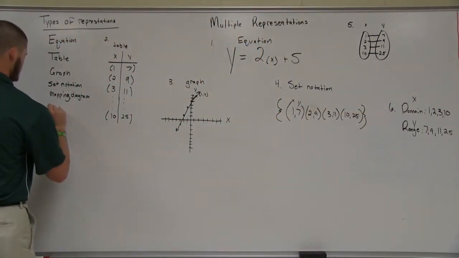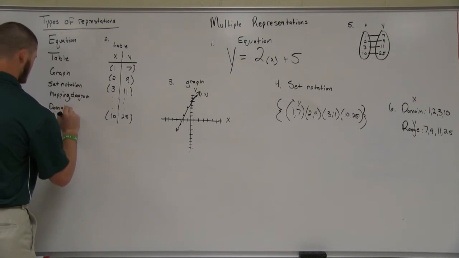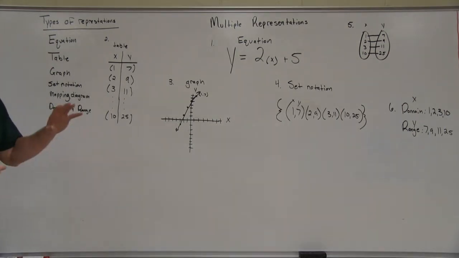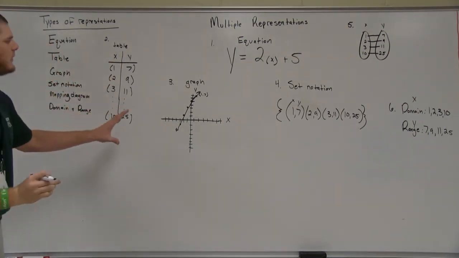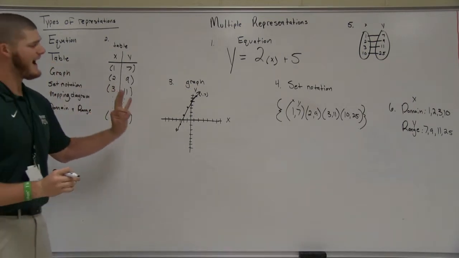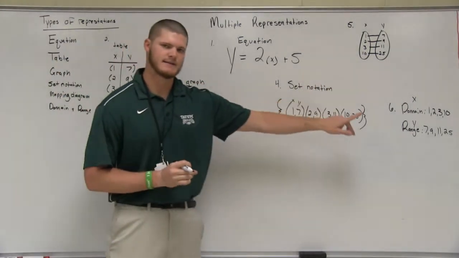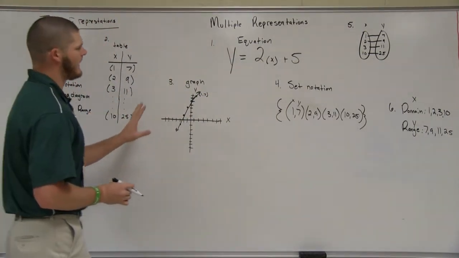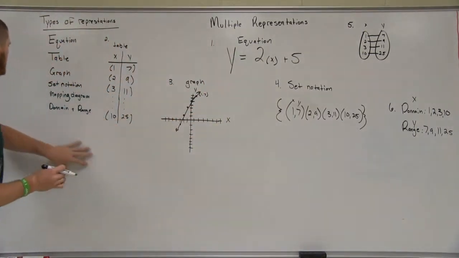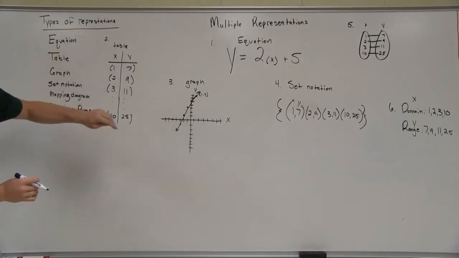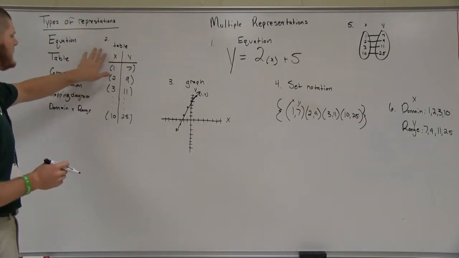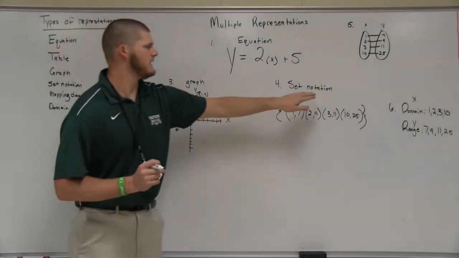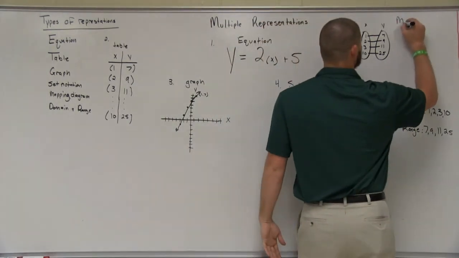All of these are the exact same way of looking at the same data. In fact, we can take any single one of these and we should be able to find all the rest. We'll look at that in a later video. But I wanted you to see my 6 ways of representing data that we use quite often: an equation, a table, a graph, set notation, a mapping diagram,